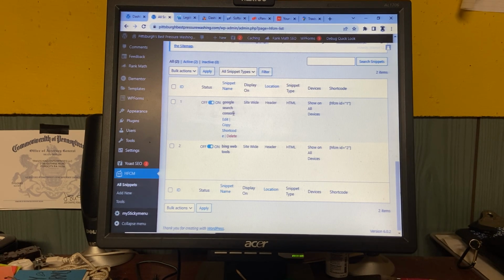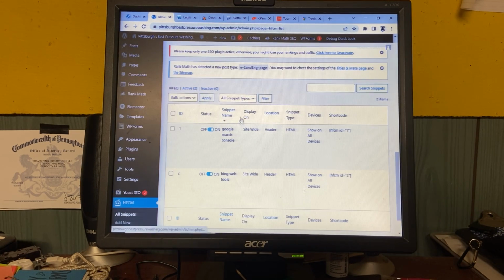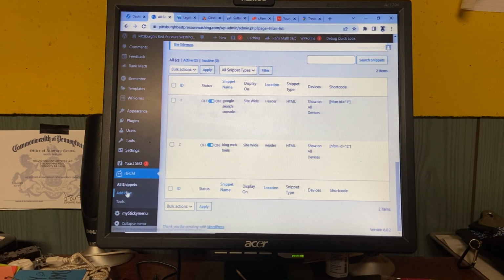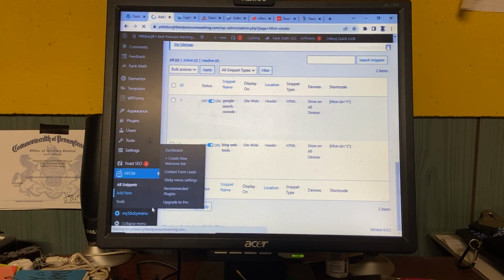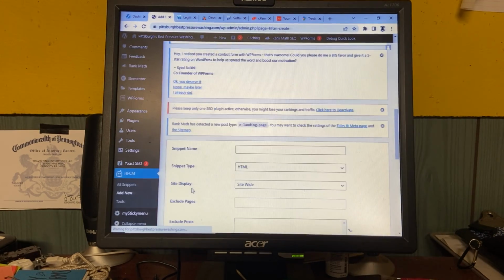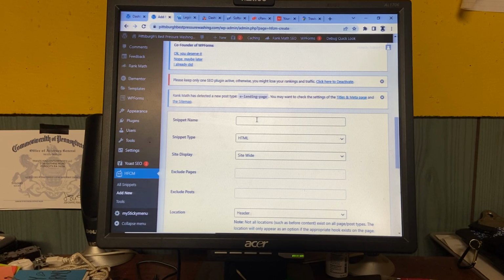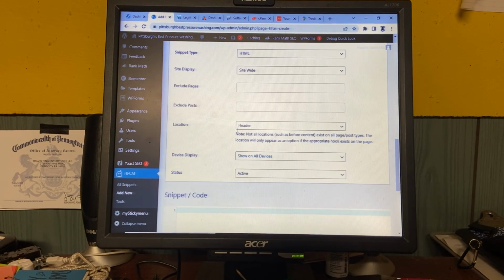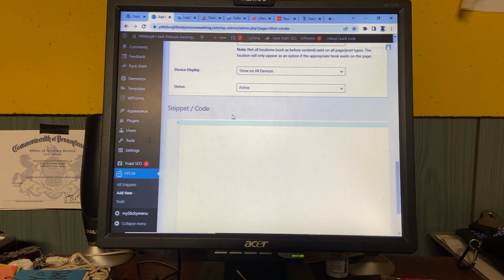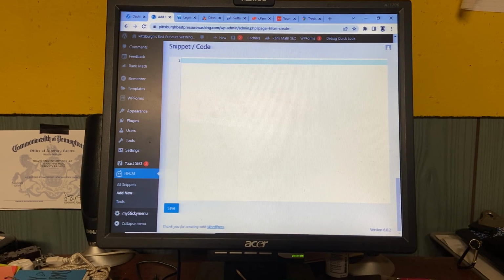Say you wanted to start a new one, you would just go over here, header footer code management tool, add new, snippet name, Google Search Console, location, header, status, whatever. And then that code that they gave you, you'll copy and paste it right here, and you just save.